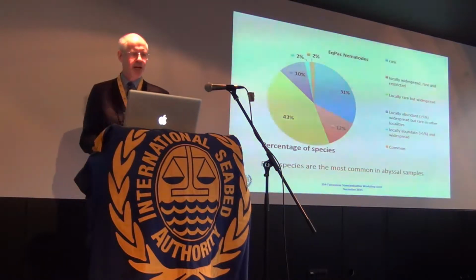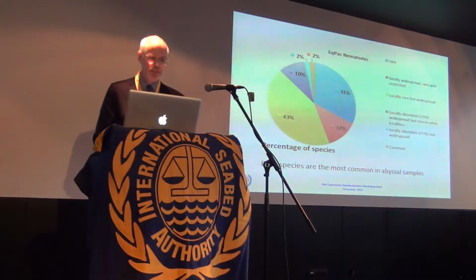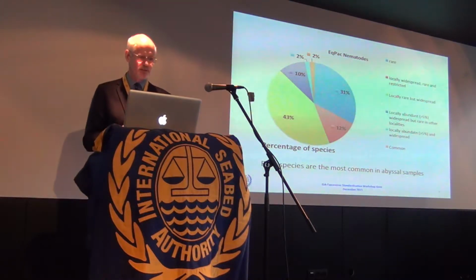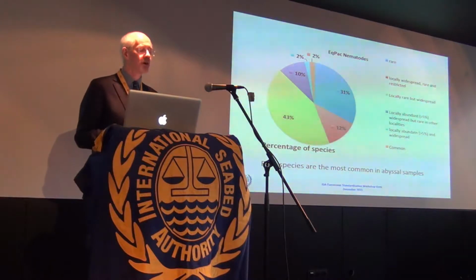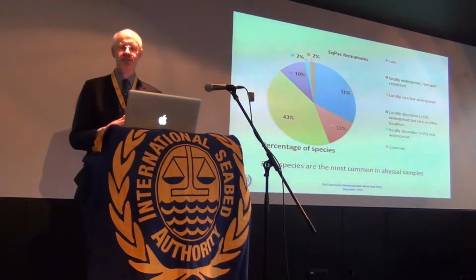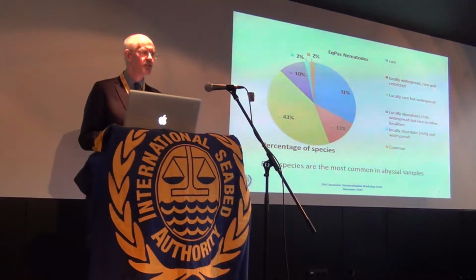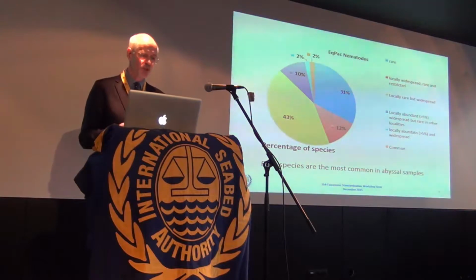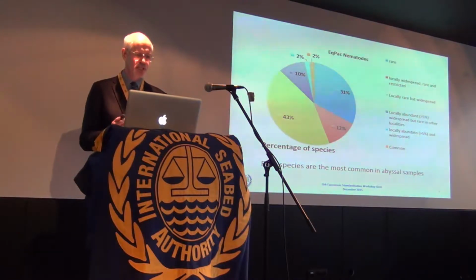We decided to have a look at this, and what we wanted to do was analyse the occurrence of species in different locations, in different stations. What we're interested to know is how widespread the species are. So we developed a classification based on the abundance of the species in the sample and the geographical distribution between the different sites of those species.